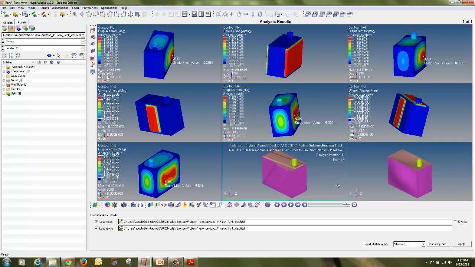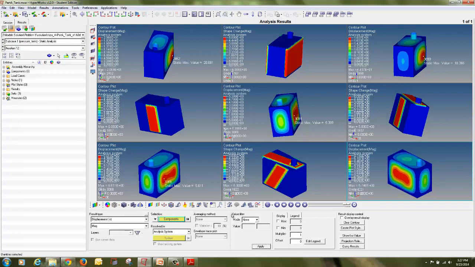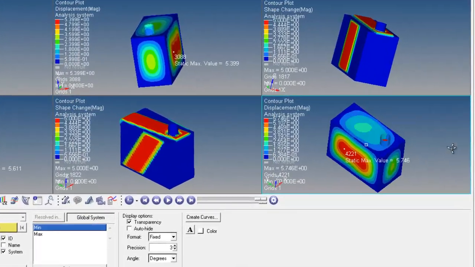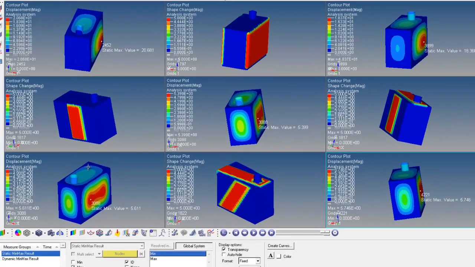So turn off, shape change for the last iteration, displacement value. So these are the 4 different shapes and these are the values of displacement which I have got. So generally what I suggest is,